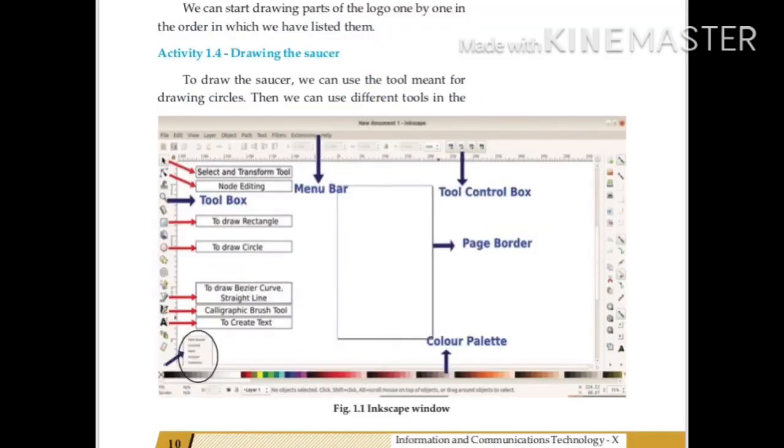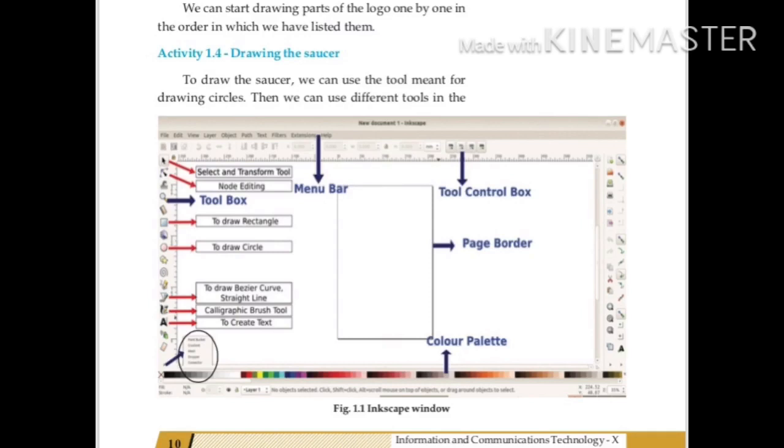Inkscape is a free graphic editing software. It is used for creating and editing mainly SVG images. Okay, so first you have to become familiar with the tools of this Inkscape application. You can see the different parts of Inkscape: the menu bar, tool control box, the border of the canvas page border, then different color palette.